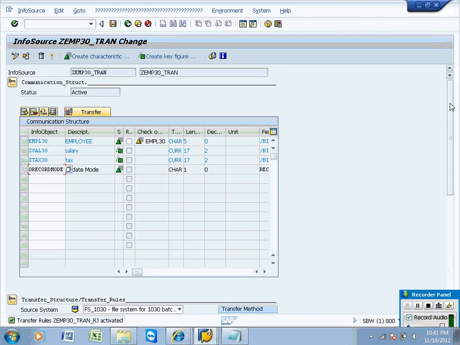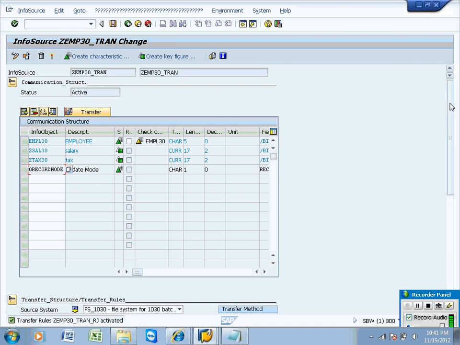This is only for ODS. The reason is that only in ODS can you have a change log table, and as I mentioned, record mode means the mode of the record will be handled using this one. This info object contains the characteristic values: new record, state, change of record, immediate record, reversal posting. All this information will be forwarded by this info object.